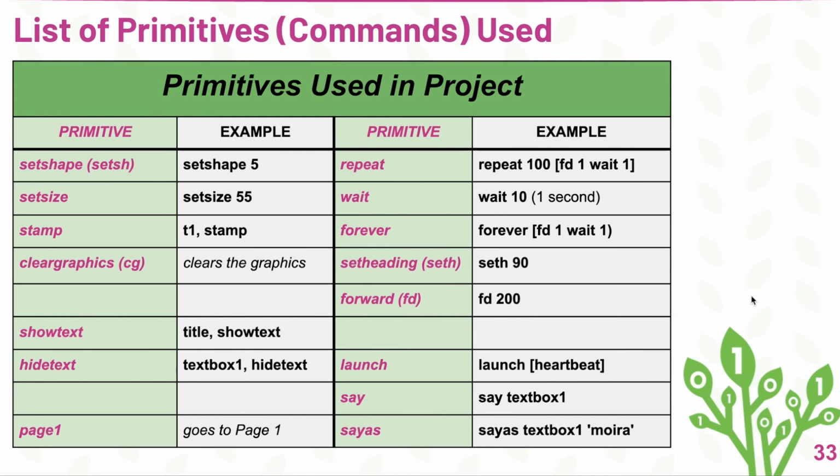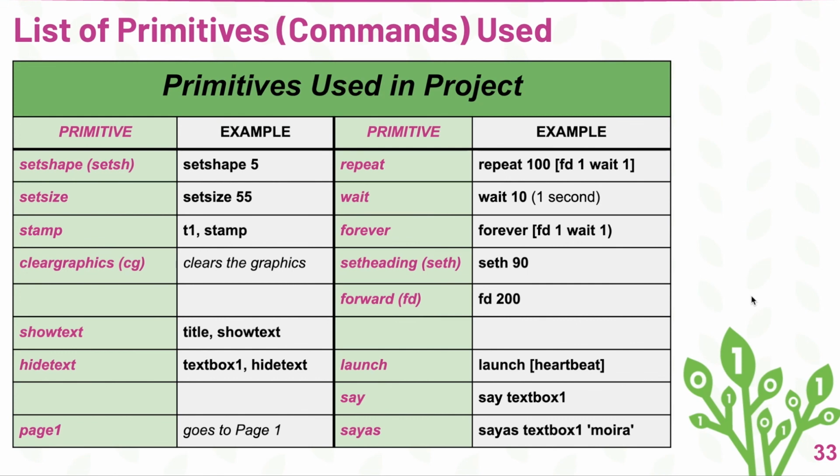Stamp, and we've given the example so that you're addressing a certain turtle. Don't forget the comma after the name of the turtle. Clear graphics we didn't really talk about, but if you stamp something and you don't like it, you can CG in the command center and it'll clear the graphic. It won't clear your turtles away, but it'll clear anything that's been stamped by a turtle. And then show text and hide text. We didn't talk about that much, but you can see how to use those there,